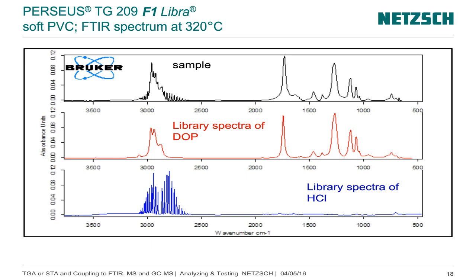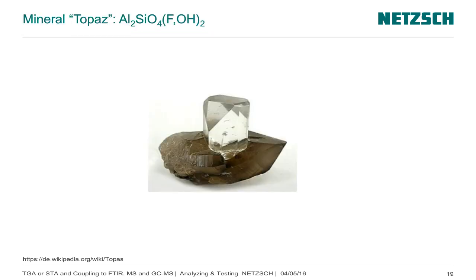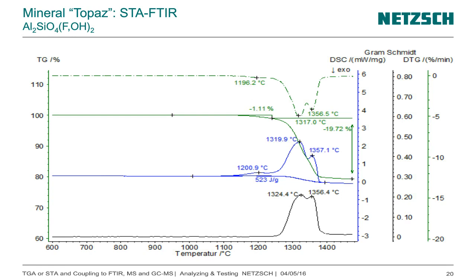For going to another example, I took a mineral, an aluminium silicate, the topaz, and we measured this with an STA. And here in the STA you have in green at the top with a dotted line the DTG curve, then down the green line is the TG curve, the blue the DSC, and in black again the Gram-Schmidt curve. And for sure you can also show again a 3D plot, but you can also follow absorption spectra